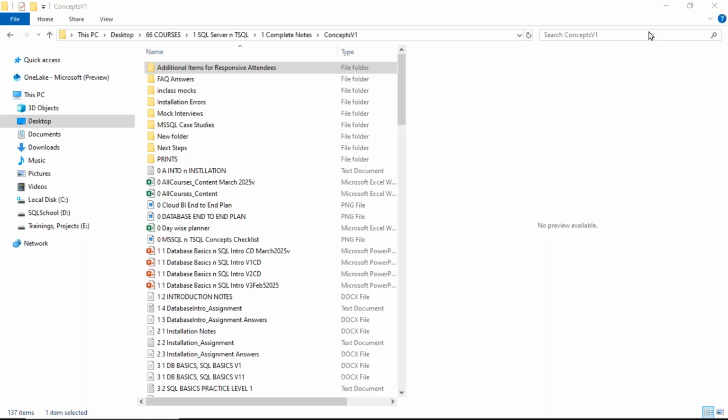And write your observation notes. I'll provide you the complete class notes in advance. Take a print copy of the notes. It's my kind request, but it's still good to write your own observation notes also, so that we stay tuned in the class. And also give your observation notes by email after the class, on WhatsApp. For example,